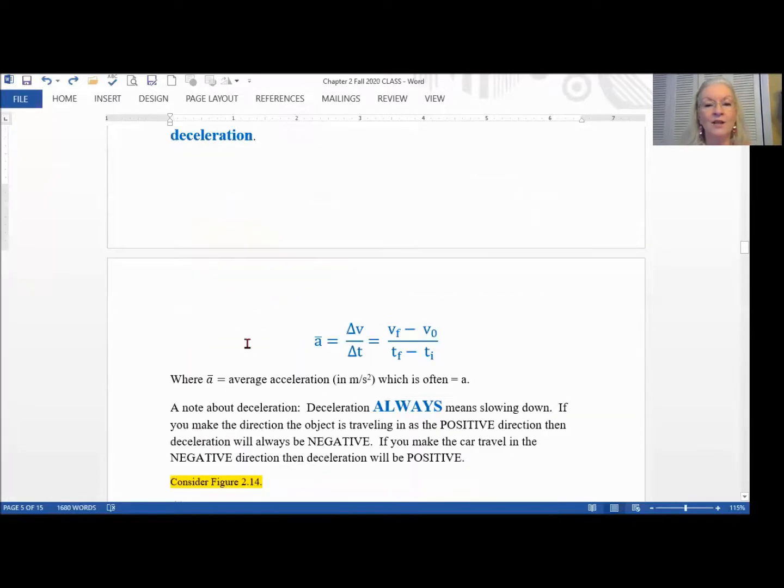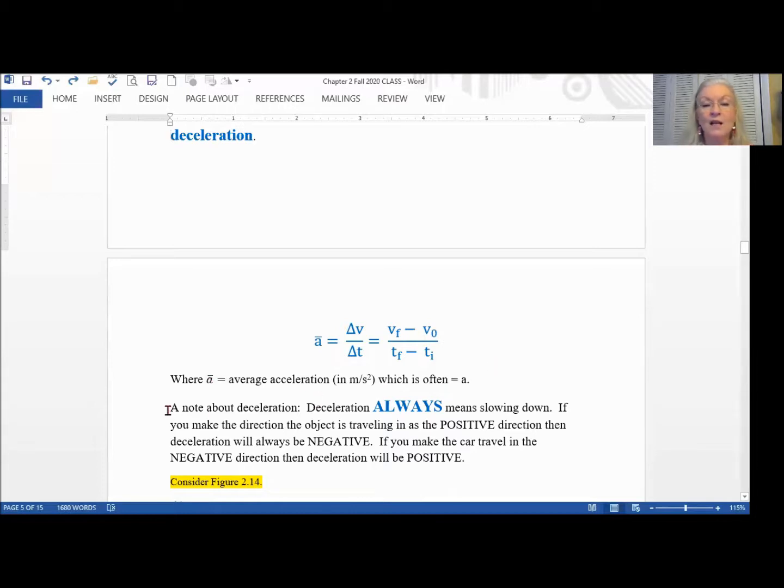for acceleration, in this case, since we're dealing with the definition of average acceleration, is a bar equals delta v divided by delta t, and delta v becomes v final minus v initial if you expand it, divided by t final minus t initial. We probably are going to take that a bar and just write it as an a. All of the accelerations we're going to deal with are average accelerations, and so we don't have to differentiate between